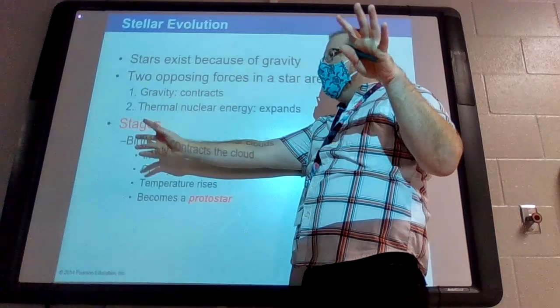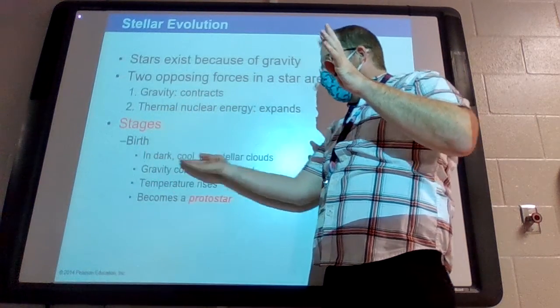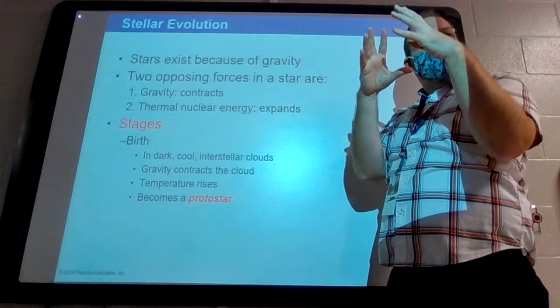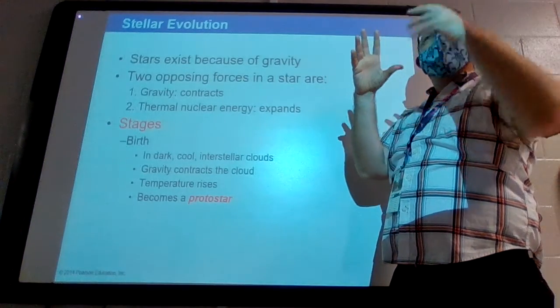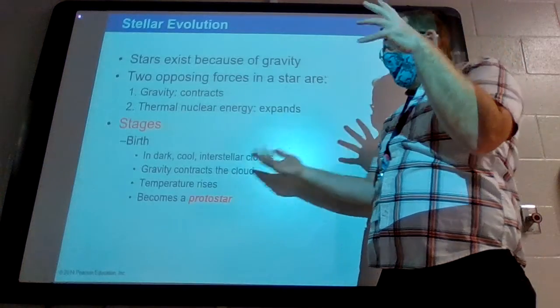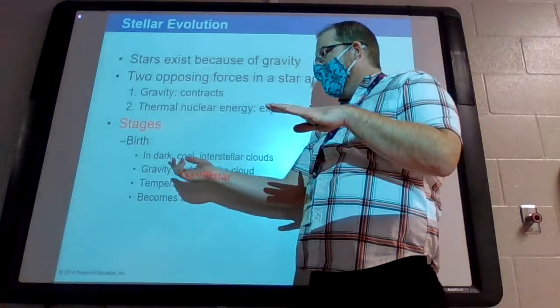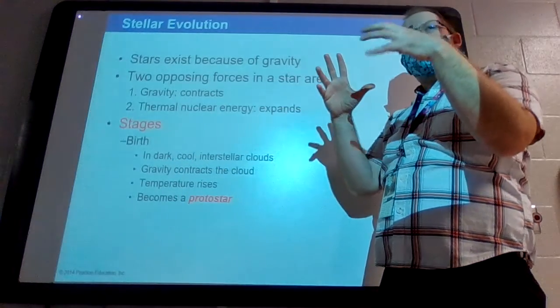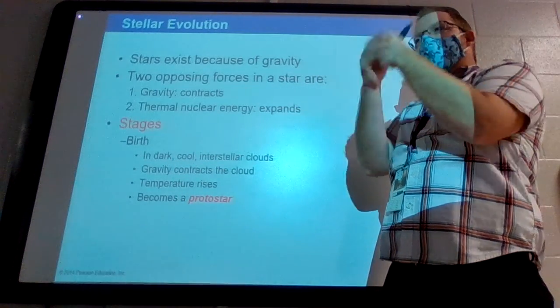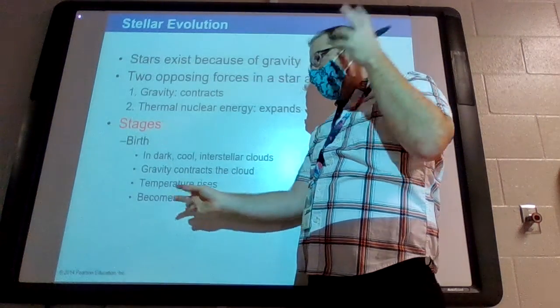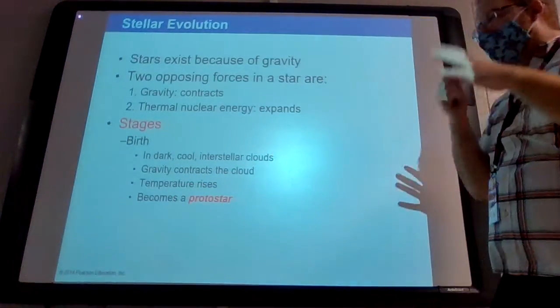But to get a star, you start off in the birth phase. You have a nebula, that interstellar cloud. The inner part of it has a little bit more density than the outer part. You start to get contraction, from gravity. As your gravity adds to that contraction, you get more atoms running into each other. You get your temperature rise, and that temperature rise leads to the beginning of a star, as we call it